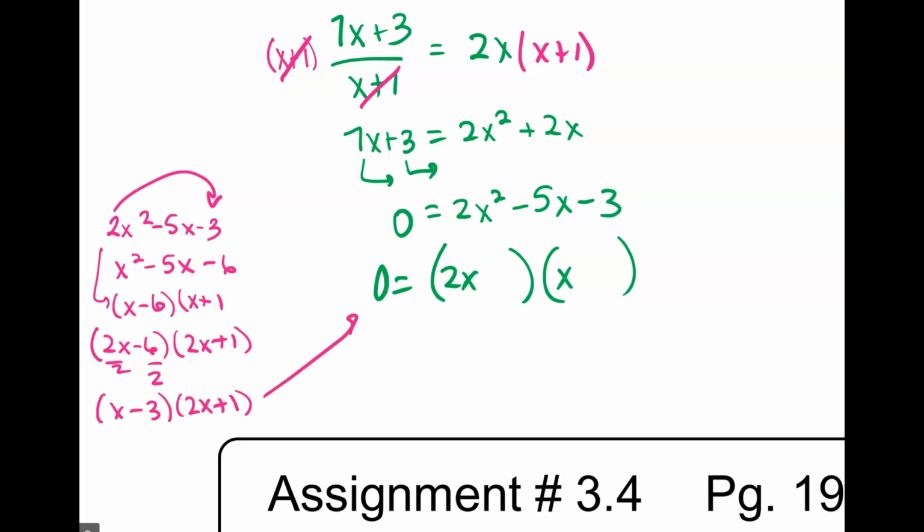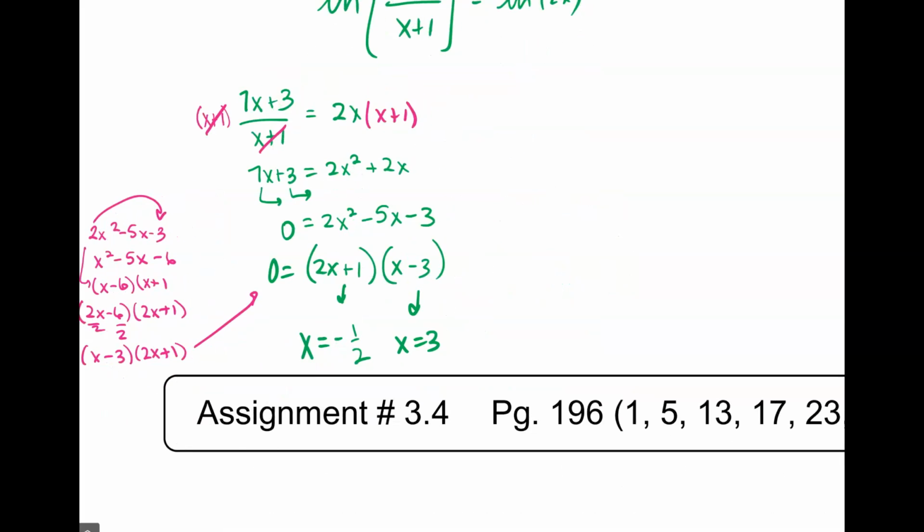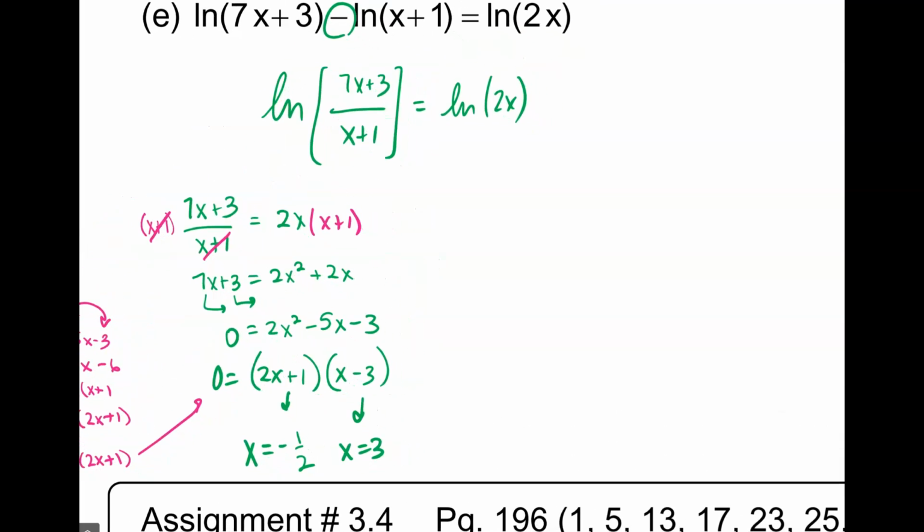So I wrote the case-if method on the left side here in pink, just to show you where it came from. So 2x plus 1, x minus 3. Cool. So I see one of my values, x is equal to negative 1/2, and the other is x equals 3. There is a very real possibility that one of these could not be a solution. Maybe both are a solution, maybe neither is. We have to check. It doesn't have to be like a full value check, but you know,